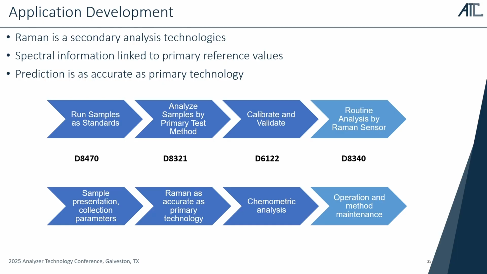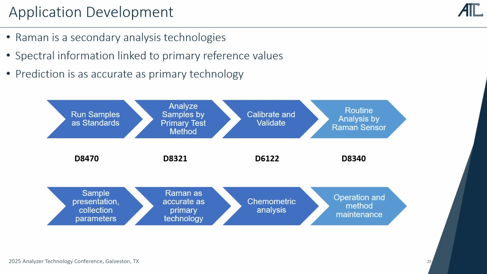And how does application development for spectroscopy work? The quantitative application development means you scan your data. The samples need to cover the range of interest, either around your target, but a little bit outside of the target region as well. And then you run those samples on your primary test method. So if you currently do a titration, chromatography or something else, you scan those samples on your primary test method as well. And then you have two data sets, spectra and reference values,